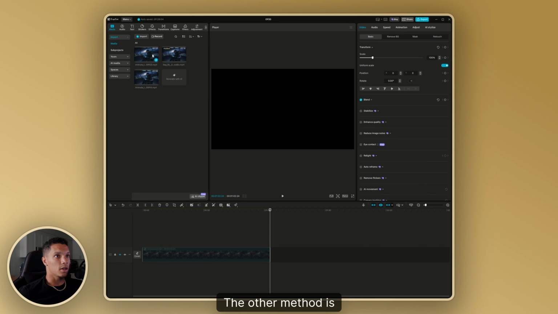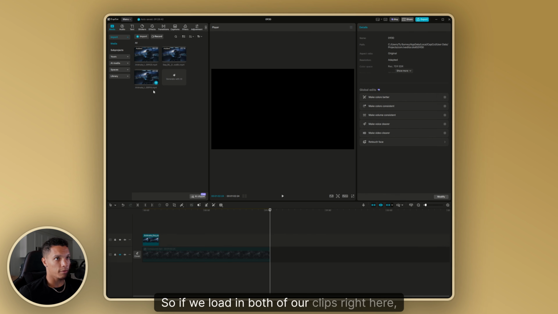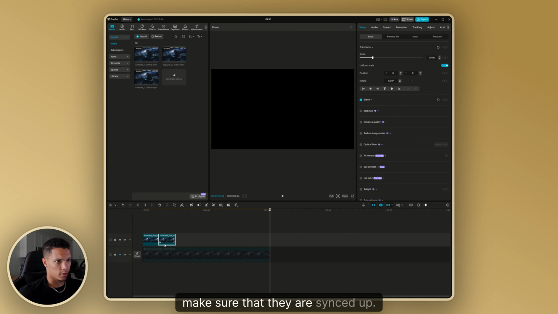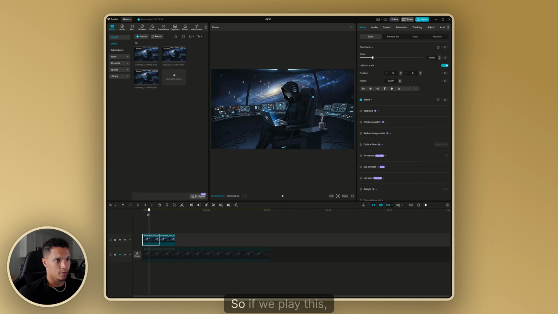The other method is a little bit more simple, and I use this depending on a few factors: one, how the animation is, and two, how lazy I'm feeling. So this is a quick way to do it. If we load in both of our clips right here, make sure that they are synced up. So let's do this one first, this one second. If we play this,